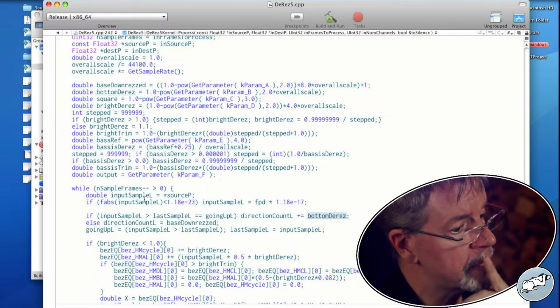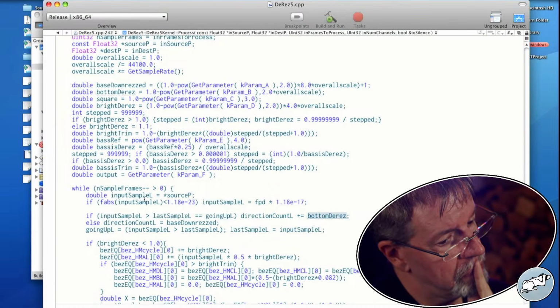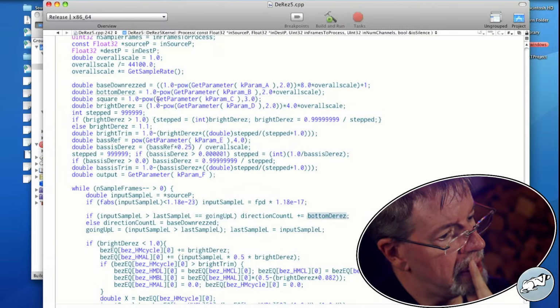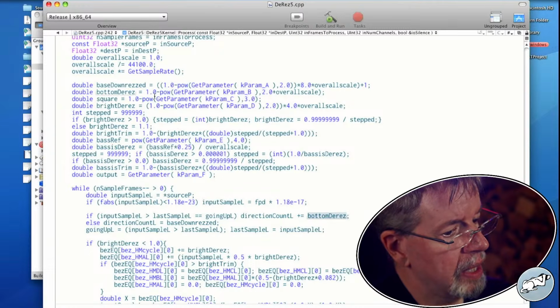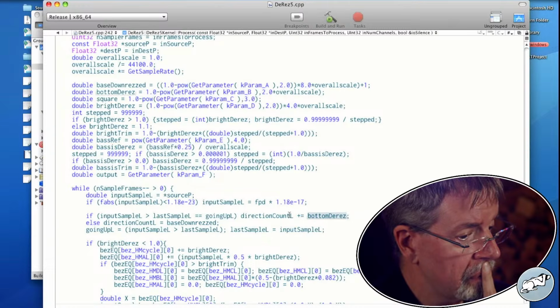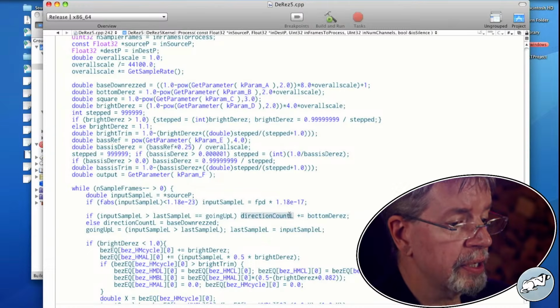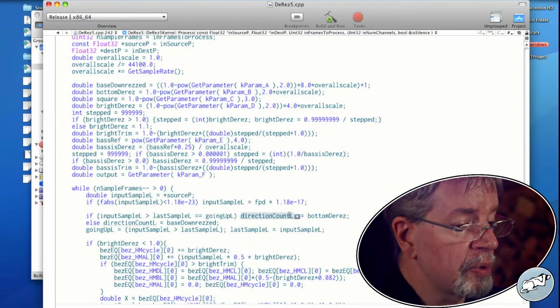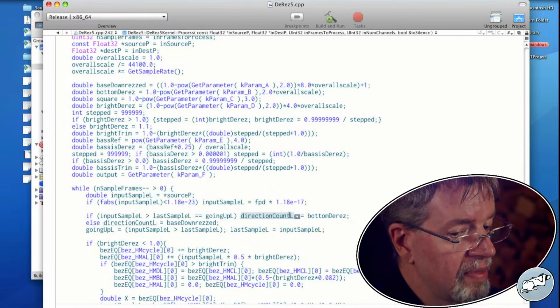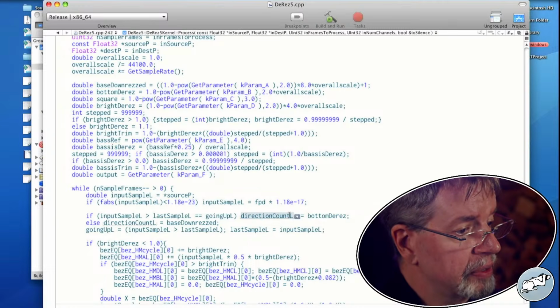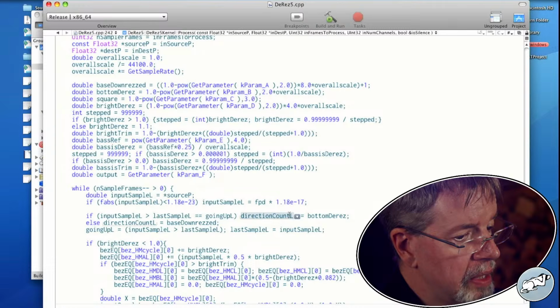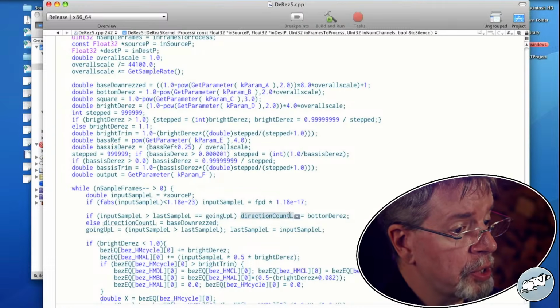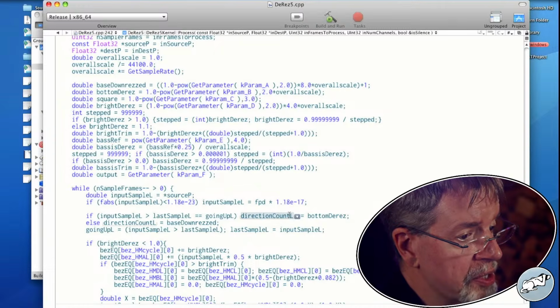Well now, have I miscalculated this? I think I've miscalculated this. I think it wants to be direction, well, no, wait, hang on, slow down. No, direction count skies up to ginormous numbers when you want it to be all basey and stuff. So having it be a tiny number is actually correct for up at the top of the scale.